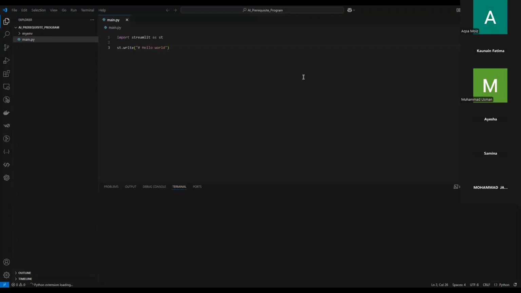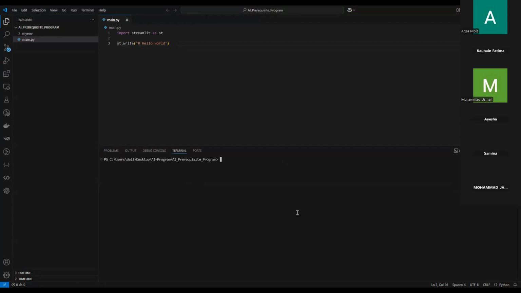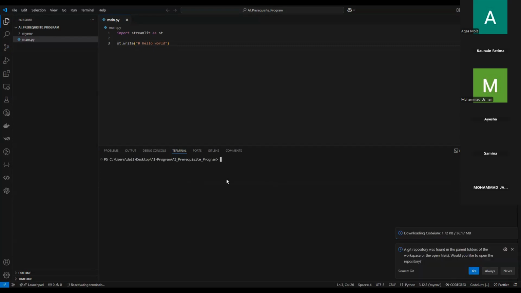यस मैम। ओके, सो कल हमने क्या कर लिया था? हम लोगों ने अपना एक वर्चुअल एनवायरनमेंट क्रिएट करना शुरू कर दिया था। वर्चुअल एनवायरनमेंट हमें समझ आ गया था कैसे क्रिएट करते हैं, और वर्चुअल एनवायरनमेंट को एक्टिवेट करना सीखा था। सही है। और इसके बाद हमने स्ट्रीमलीट को क्या किया था? इंस्टॉल किया था। अब मुझे कोई कमांड बताएगा कि वर्चुअल एनवायरनमेंट को एक्टिवेट कैसे करते हैं? जल्दी से कमांड बताओ।